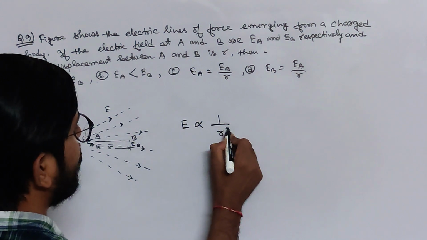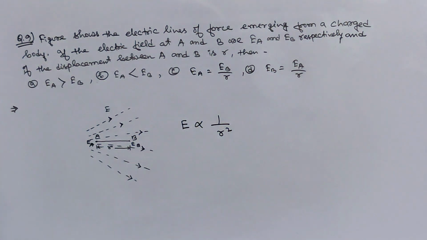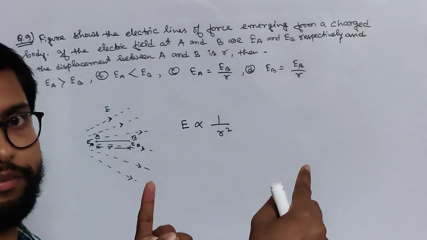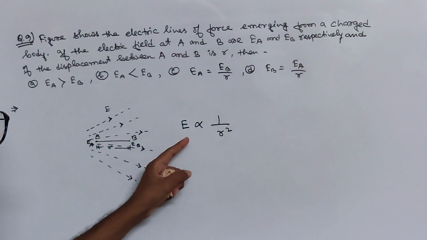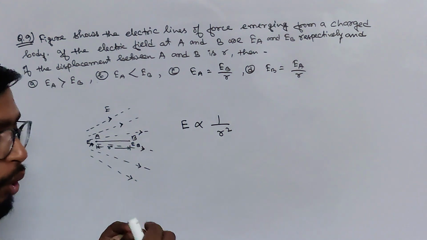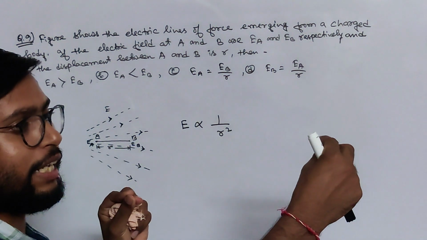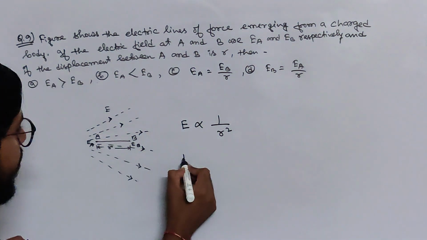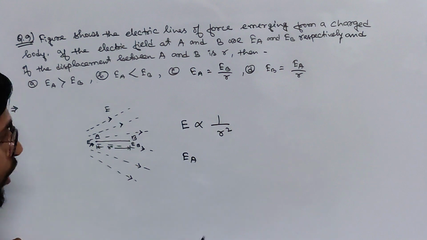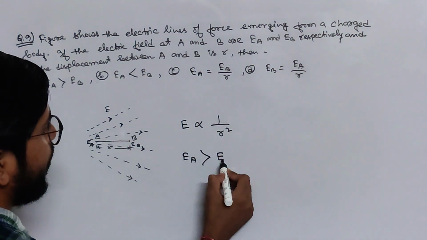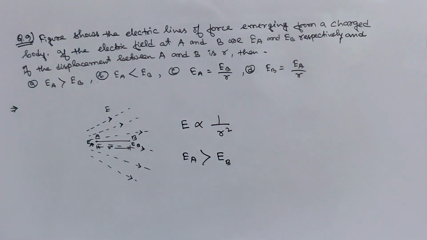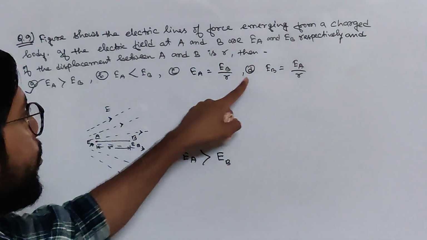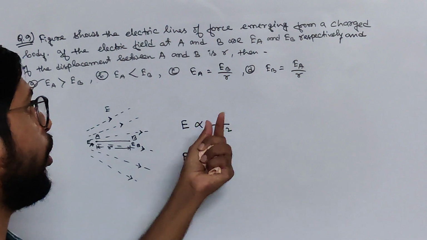to 1 by r square. It is inversely proportional to the square of the distance between the 2 points, right? Then if we go far away from the charge, the electric field will decrease, right? So of course the electric field at point A will be greater than the electric field at point B. So which option is correct? Option A is correct. And by the way, these two options C and D are of course not correct, because